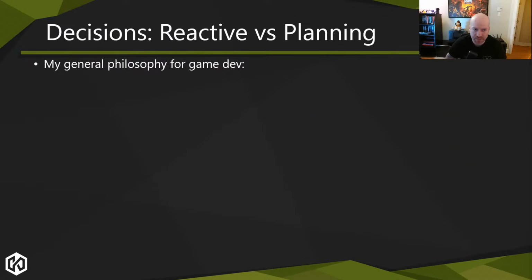So coming back to the whole reactive versus planning, my viewpoint on dev has changed over the years. Call me jaded or cynical, I don't know. But the reality is, especially if you're starting on a project early on, the only thing you have to focus on is that you have to plan for change. You have to plan that everything's going to change, because that is exactly what's going to happen. You're going to have the initial pitch for the game, and then within a year, everything's going to be different, right?